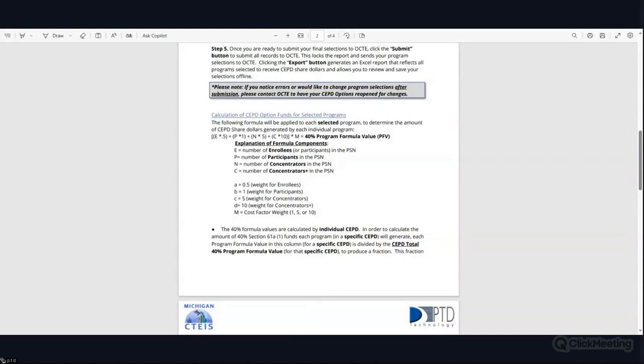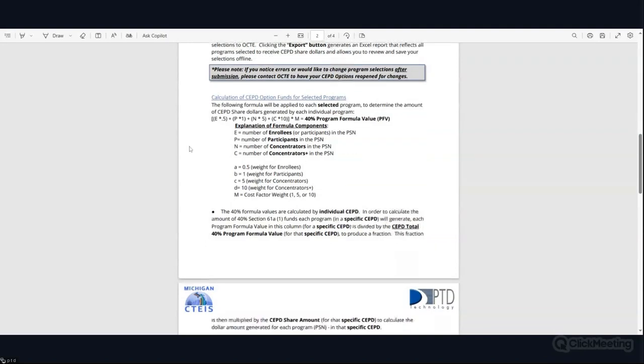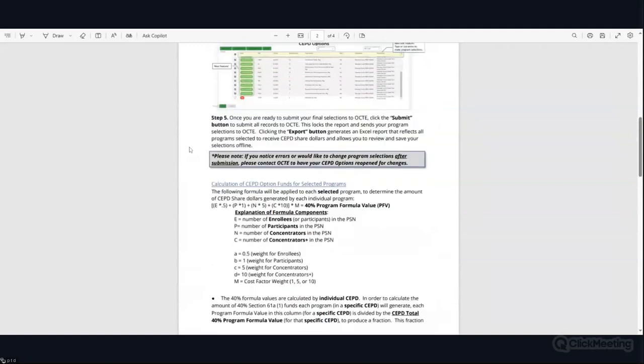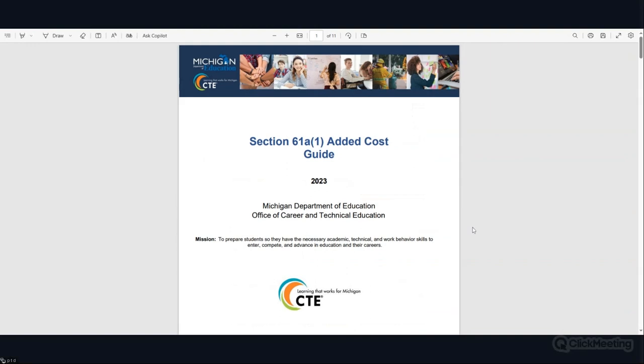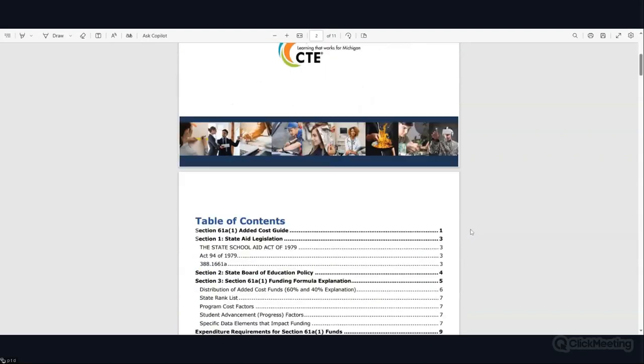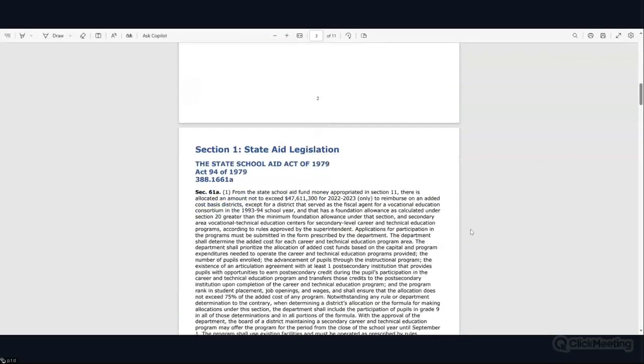Another helpful tool that I saw is the added cost guide that's on the OCTE website. I'm going to switch over to that. So if you go to michigan.gov and search for the added cost guide, this is the added cost guide here. If you scroll down,